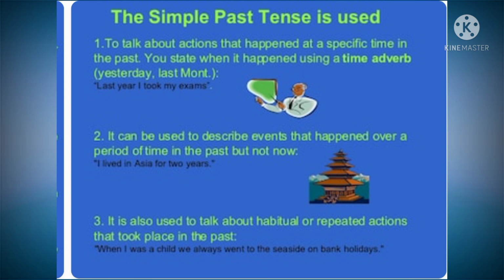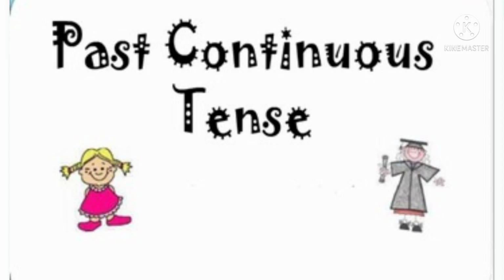Also we use it with the usage used to. I used to take 1 glass milk when I was a child. Okay, see, these are the usages of simple past tense. Okay, the next tense is past continuous tense. Continuous, from the word itself you can imagine that it continued for a certain time in the past. If an action is going on at the time of speaking, for that we use present continuous. Okay, and please compare the tenses and study so that it will be easy for you.